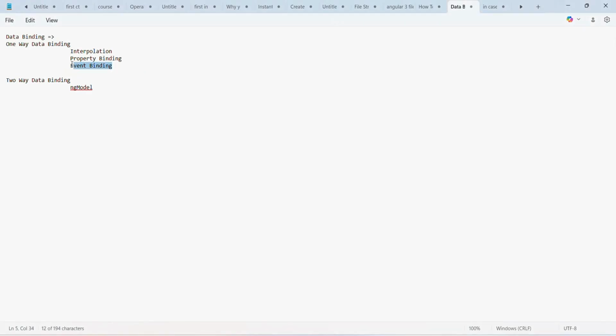In this video, we'll learn about event binding in Angular. Event binding allows us to listen to user interactions, such as clicks, key presses, and form inputs, and execute code in response. We'll create a simple example to show how to capture and handle events in the component using Angular's powerful event binding syntax. In the case of event binding, the data flows from the .html template to the .ts